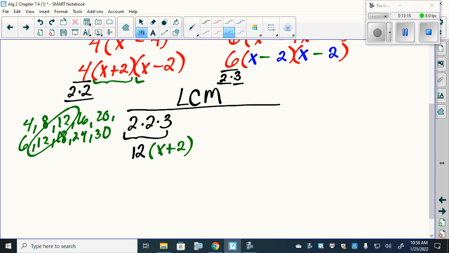Now, over here I do have x minus 2 once. Over here I have x minus 2 how many times? So how many times do I need it? Twice. So I need x minus 2 and x minus 2. And we're taking care of everything in both. So